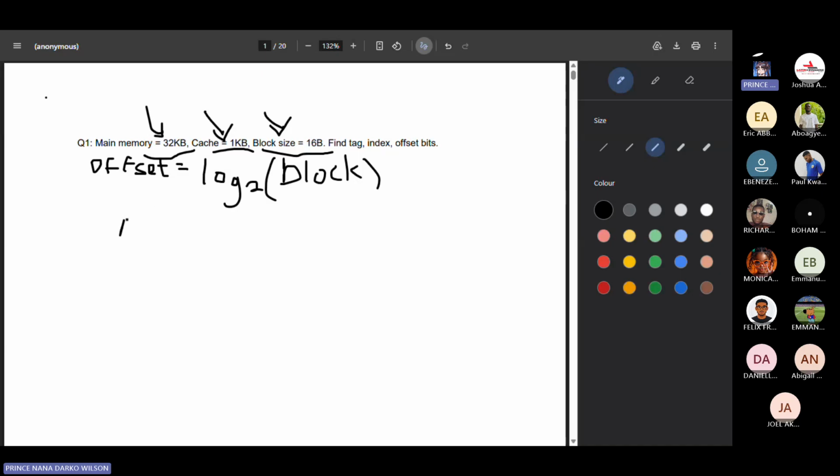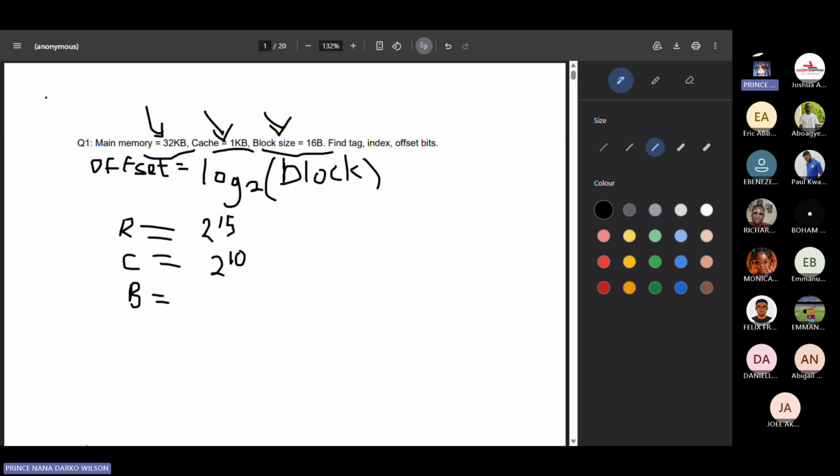So that's going to be our main memory. Let's use our M for that. That's our RAM. That's going to be 32, the same as 2 to the power 15 bytes. That's in bytes. For our cache, 1 kilobyte is equivalent to 2 to the power 10 bytes. Then at the end of the lesson, I'll give you a chart for these things, so that you can keep them in mind. Then our 16 bytes,